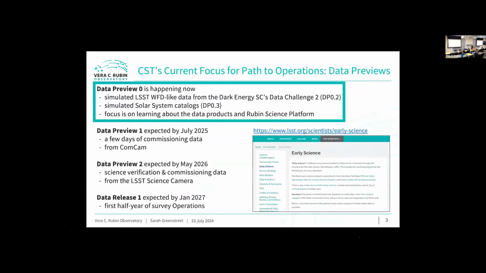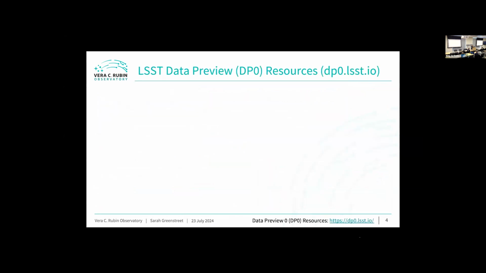One of the things we've been putting a lot of focus on recently in order to get us toward operations is focusing on the data previews. In particular, we're focusing on Data Preview 0, which is happening now, and its focus is really trying to help the community learn about the Rubin data products and the Rubin Science Platform. So one thing that we've been doing a lot of is trying to put together resources for DP0. So you can find all of these resources at